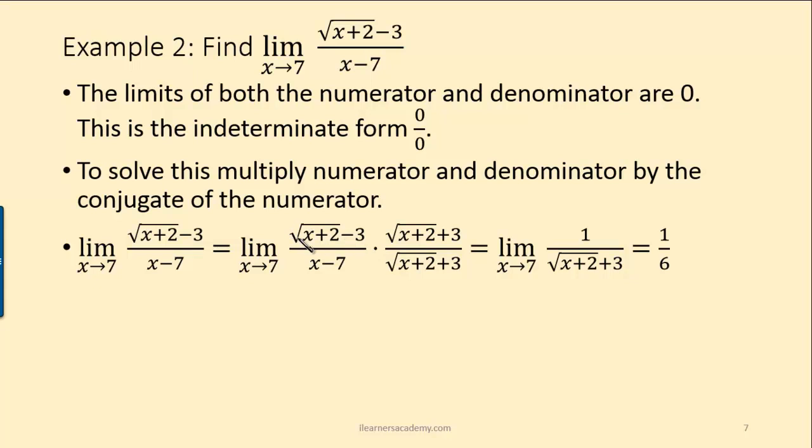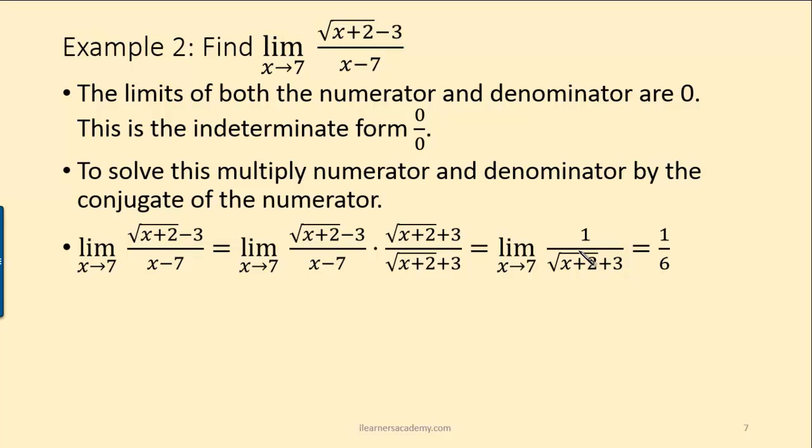So the square of this is x plus 2 and the square of this is 9, and that difference then should give us x minus 7. And then x minus 7 divided by x minus 7 will give us 1, and so this then is reduced to this. If you're finding this very hard to understand, it's because you need to go back and review the